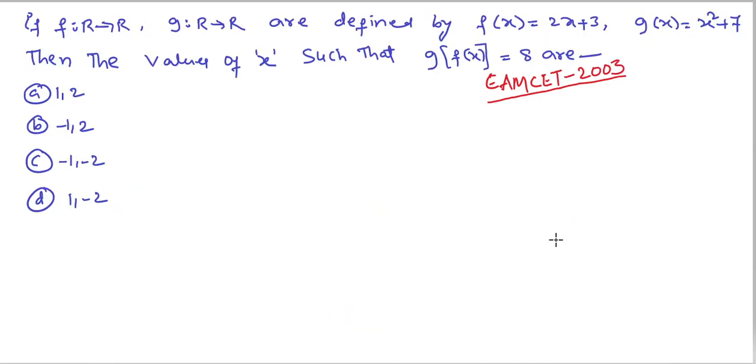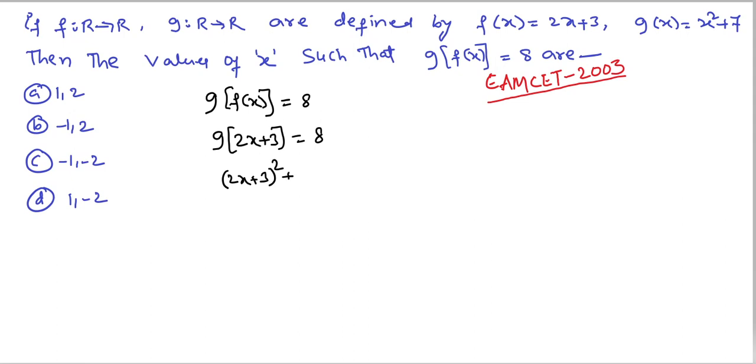If f maps R to R, g maps R to R is defined by f of x is equal to 2x plus 3 and g of x is equal to x square plus 7, the values of x such that g of f of x is equal to 8 are. This is MSET 2003 question. Here is given g of f of x equal to 8. G of f of x value is, with 2x plus 3, equal to 8. So g of x, that is x square plus 7, that is 2x plus 3 whole square plus 7 is